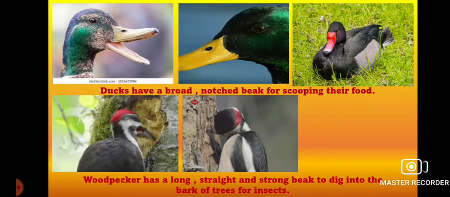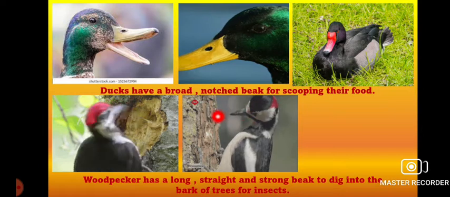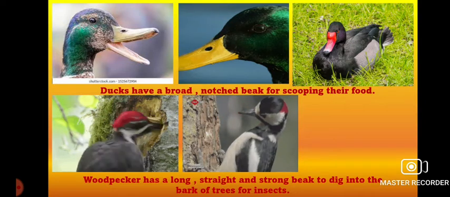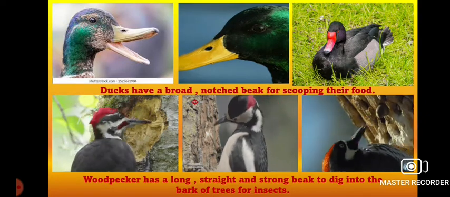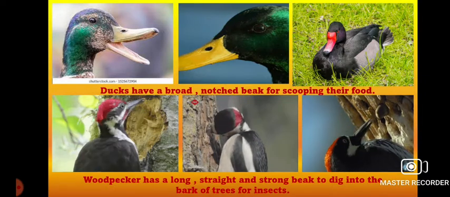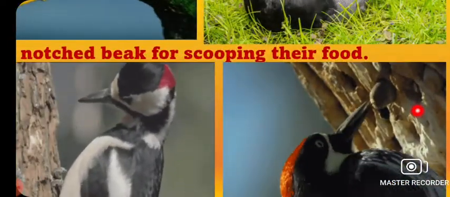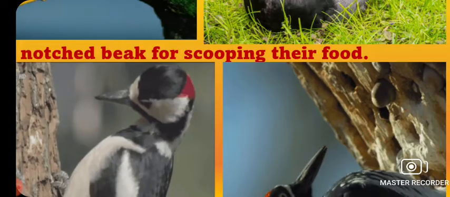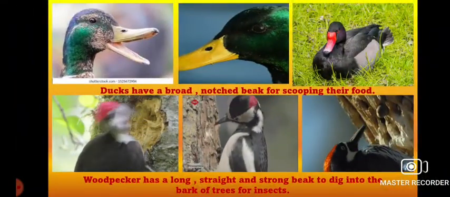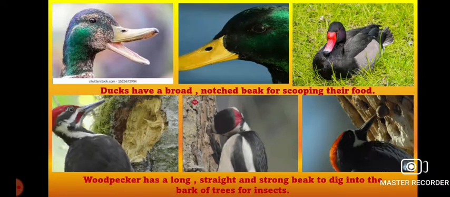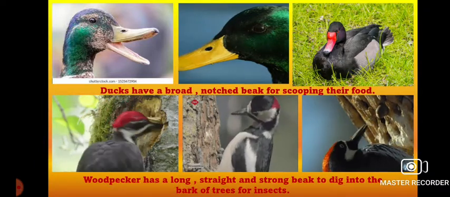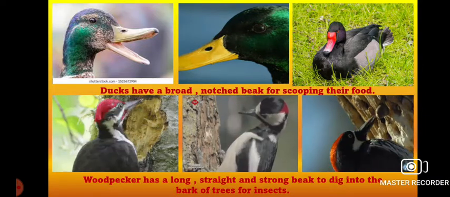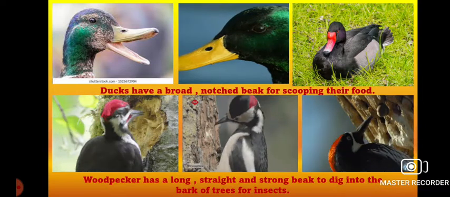Even you can see this is the picture of the beak of the woodpecker, this is the structure. You can see how they are using their long, straight, sharp and hard beak to scoop out the structure from the tree. Here you can see an insect is coming out of it and they are taking the insect. So this is the basic purpose of this kind of beak, which allows them to take the insects from the stem of the trees. That is why their beak is straight, sharp, and at the same time very strong.